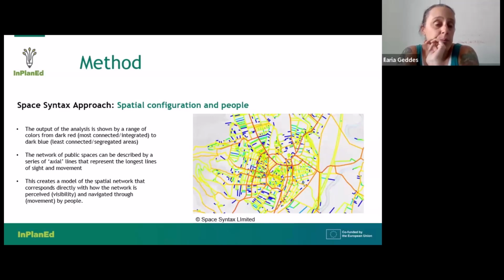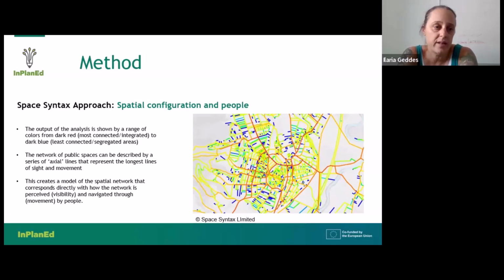So the output of the analysis is shown as a range of colors. In this case, I'm giving the example of an urban environment. The colors in classic depictions go from dark red, the most connected or integrated spaces in the system, to dark blue, which are the most segregated, the deepest spaces in the system. So the network of all public spaces, in this case all the streets and all the public spaces in a city,